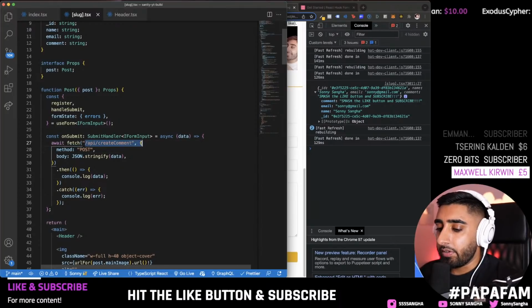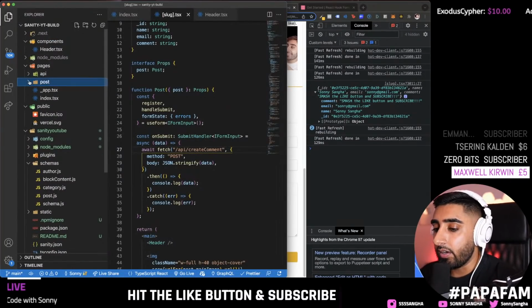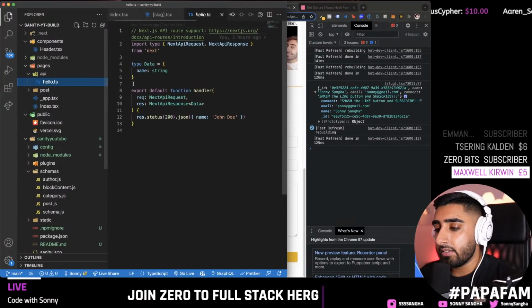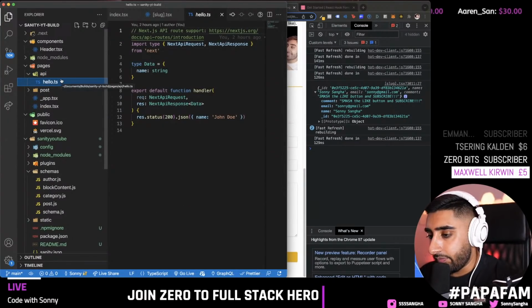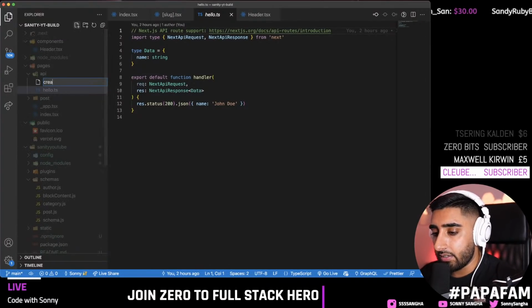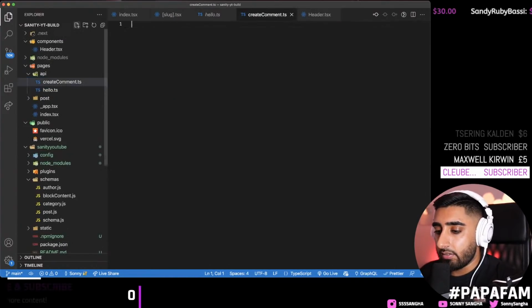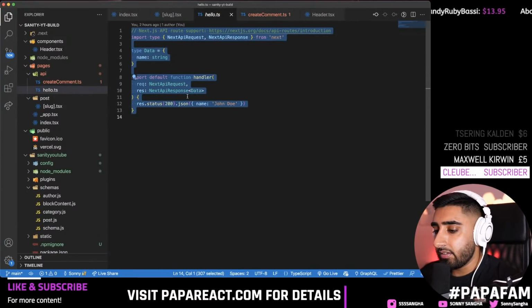Now, next step is create the API endpoint. So in Next.js, because we have that intermediate server, we have a built-in API, and you can test that by looking at this hello.ts function which gets built for us. What I'm going to do is create this createComment.ts function, and I'm actually going to take this